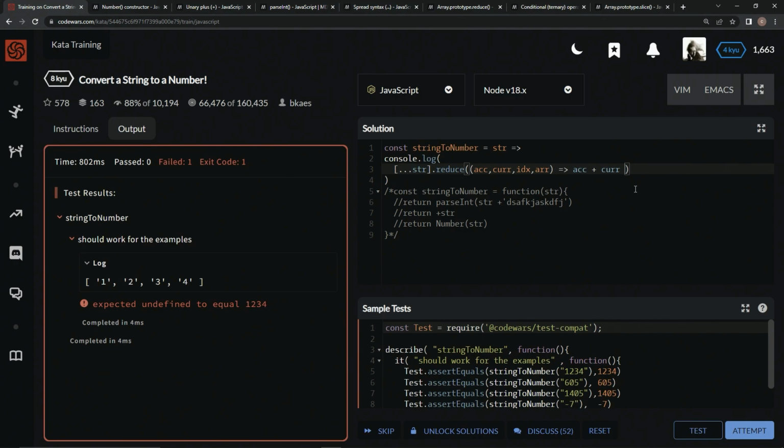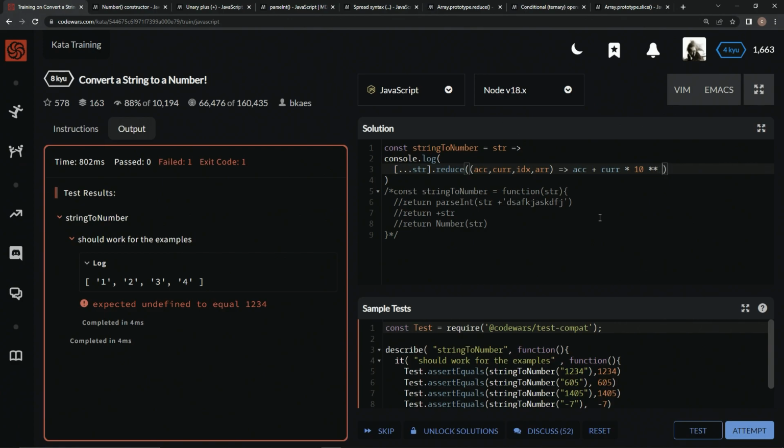So let me show you what we're going to do with this. We're going to do current value. And right now we need this 1 to equal 1,000, this to equal 200, this to equal 30, and this to equal 4, right? That's how we'll get 1,234. That's just simple little math, right? So we're going to do current value, and the first current value is going to be this 1, and we're going to say times 10